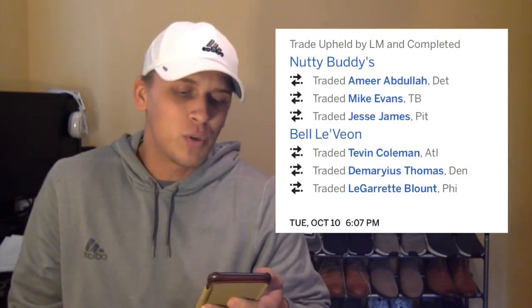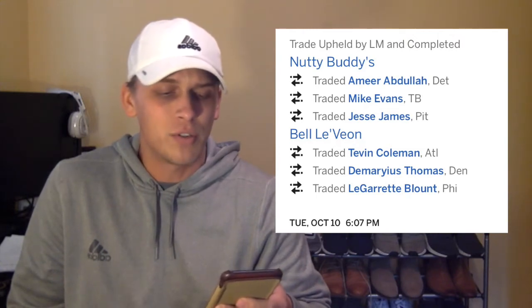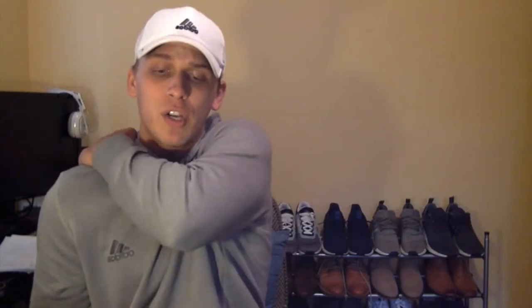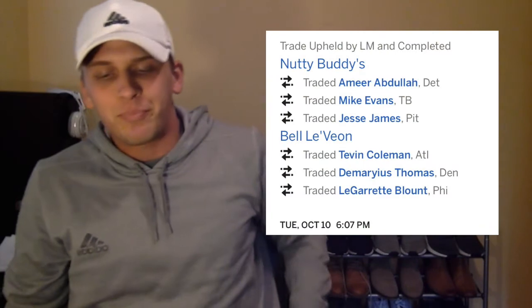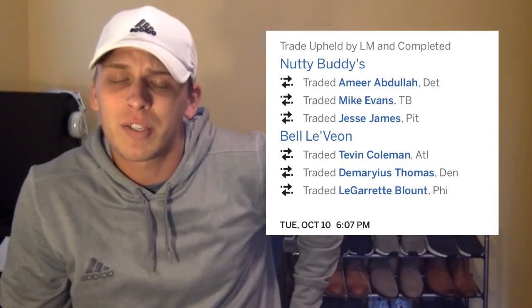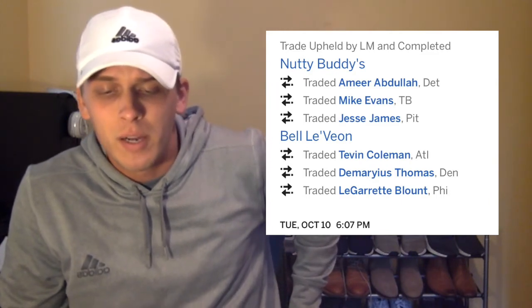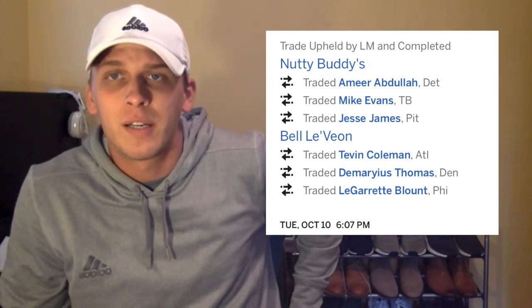Jason trading over Amir Abdullah, Mike Evans, and Jesse James over to Jeremy for Tevin Coleman, Demarius Thomas, and LeGarrette Blount. So Jason, you lost Mike Evans last week. But you got back 2 pretty solid running backs that you'll be able to play in Tevin Coleman and LeGarrette Blount. And you got Demarius Thomas out of it, too. I didn't think you'd get that good of a receiver. But you gave up Mike Evans, so first-round pick is gone. I think you got